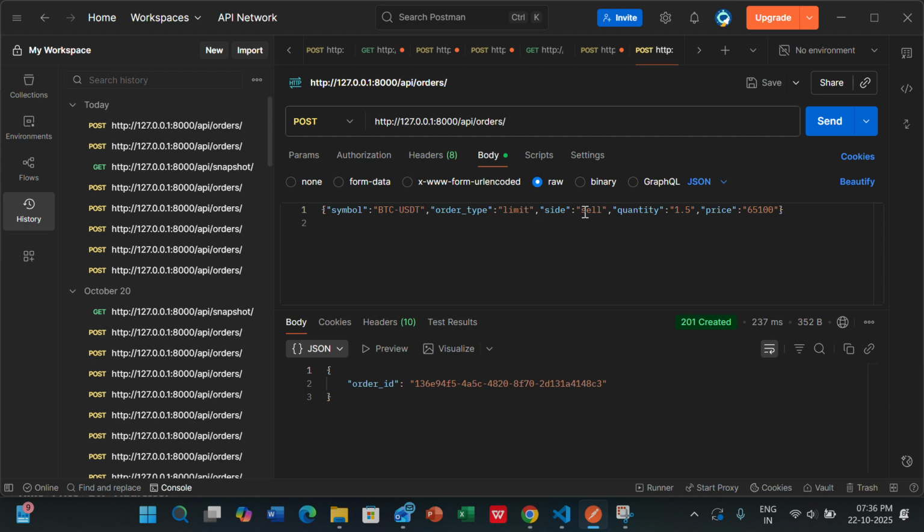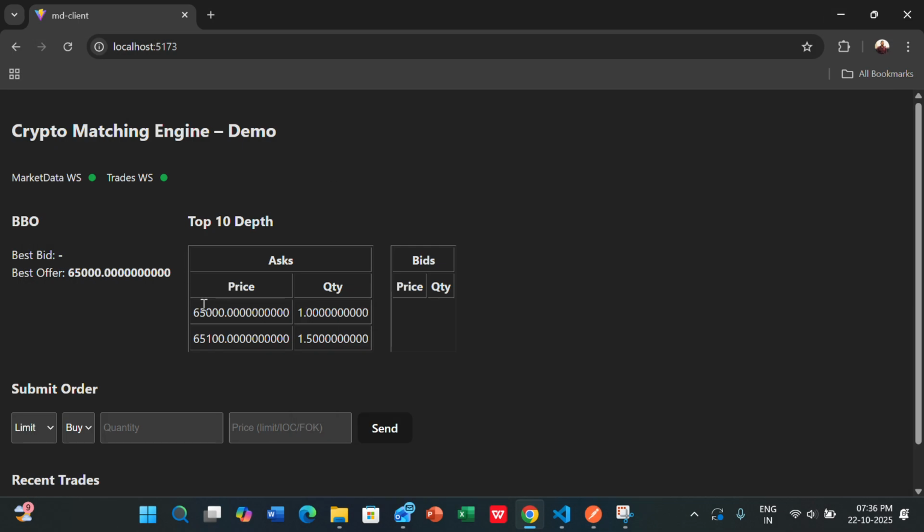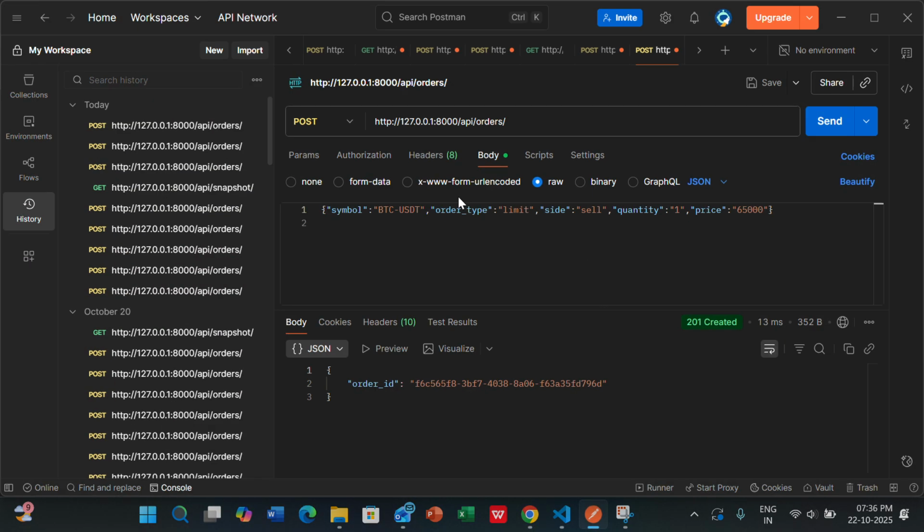Now I will change the quantity to 1 and the price to 65,000. Now if I send it, another new unique ID has been created, and as you can see, the best offer is on the top of the chart. And after that I will place the order for buy,